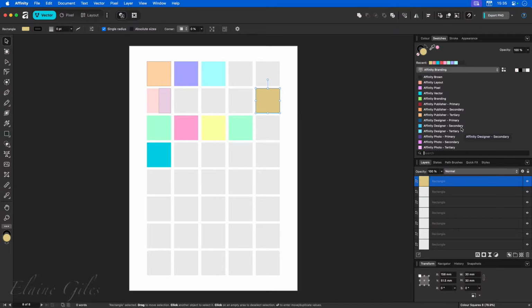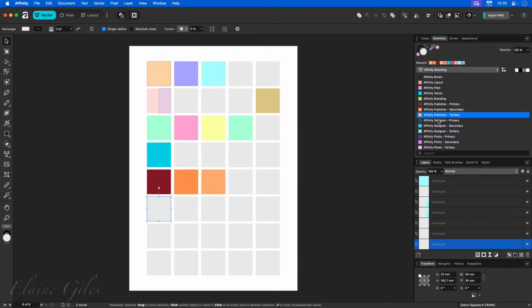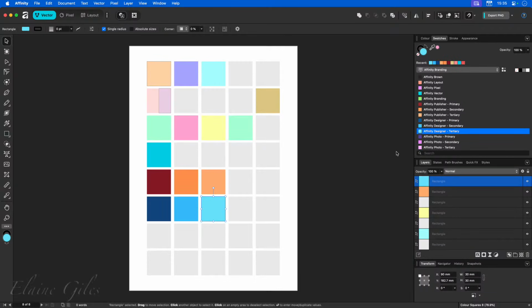What you've got in this panel works exactly the same as you had in the other one. So if you want to see those publisher colours, there's the darker one, there's the mid one, and there's the light one. And you could do the same for designer. So just select, click to apply, and you have them applied. Right, that's good as far as it goes. Right, what we need at that point is then to understand here,